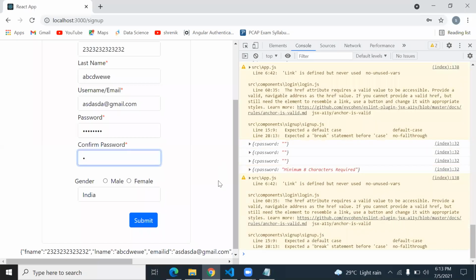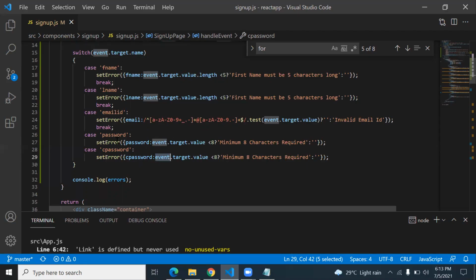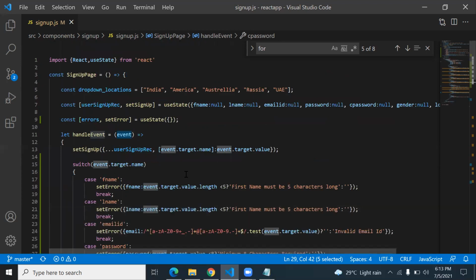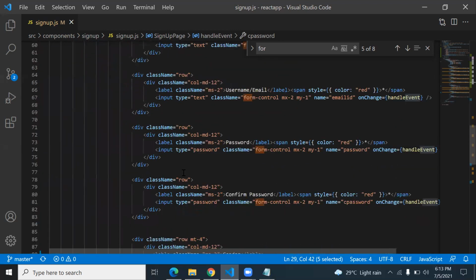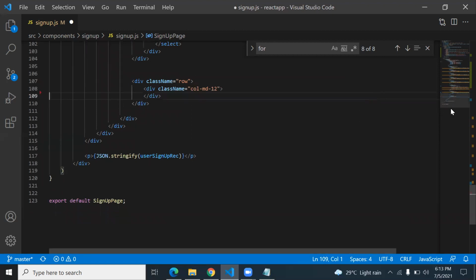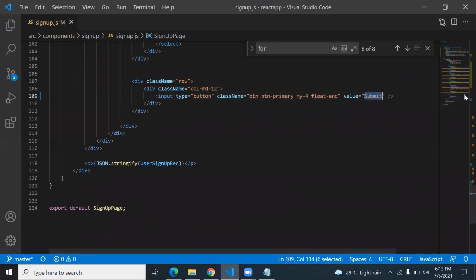So for validation, now I'm ready with some contents here. After this, when you click on the submit button, you are going to handle this action. You can either write it as a button, or you can create it as a submit. So let's say if it is a button, then you write here the onClick method.